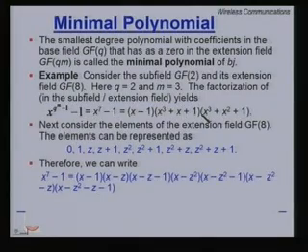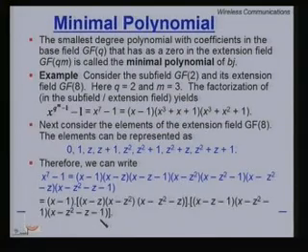Therefore, we can write very conveniently the factorization: x raised to the power 7 minus 1 is nothing but (x minus 1)(x minus z)(x minus z minus 1), and so on and so forth till (x minus z squared minus z minus 1). That is (x minus beta 1)(x minus beta 2)(x minus beta 3), and so on. So, what is magical is when you multiply this out, all the z terms will cancel out and you will be left simply with x raised to the power 7 minus 1.